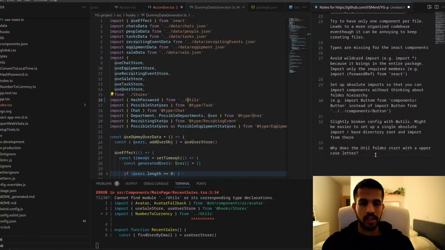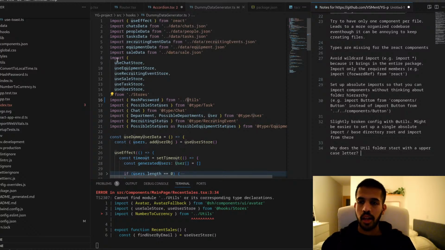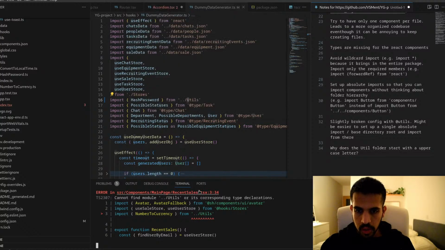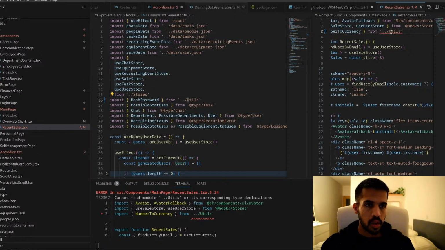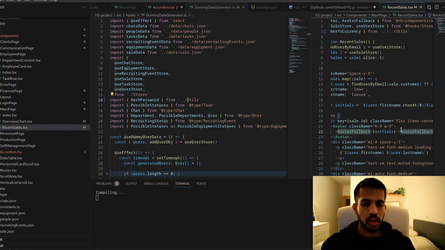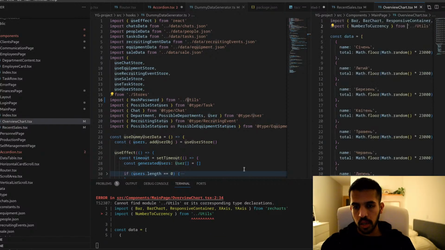I will add something like this. Yeah, this camera being in the middle is kind of annoying, so let me see if I can fix this. Where is it? It's in recent sales. Maybe this one needs another. Yeah, that should do it. No, it's still not working.